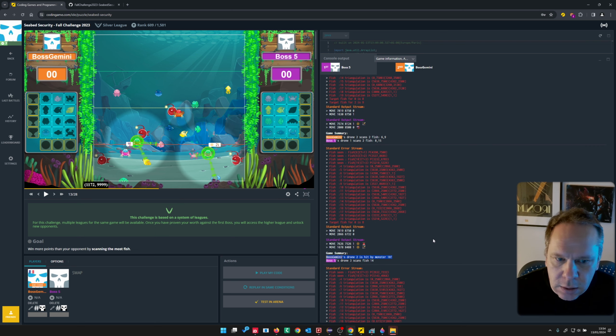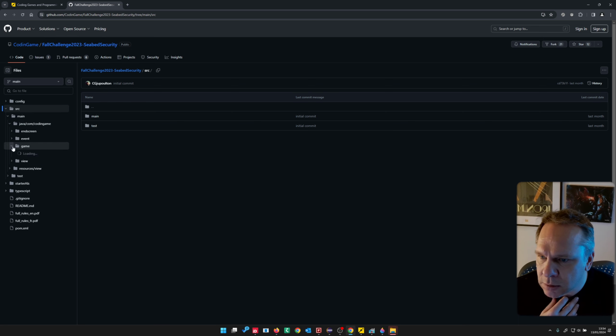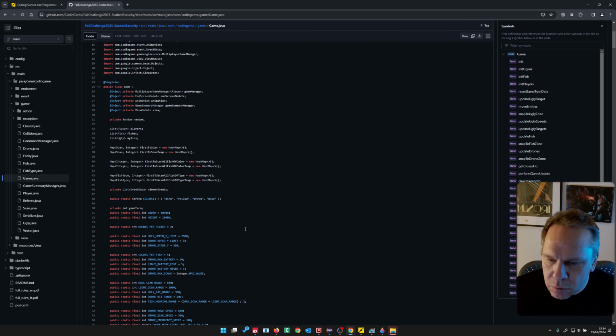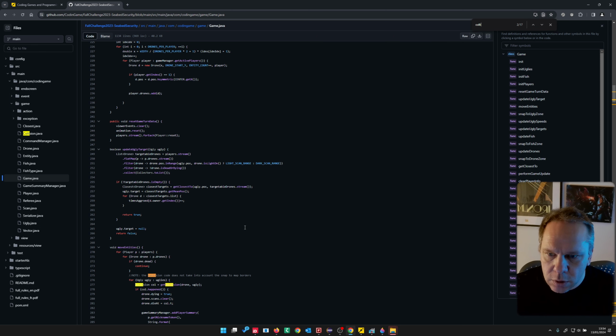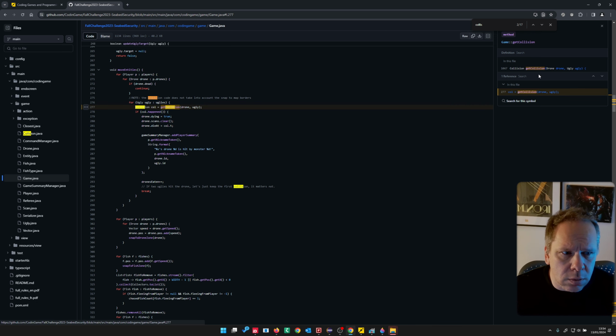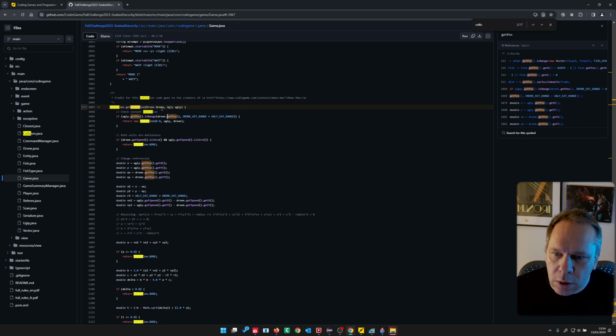So let's see if we can first detect it, then react to it. For detection, I get the Codingame referee code, and I will have to find where the code for the collision is. Something here maybe. Collision, get collision. Okay, here's the method. So we have a drone. Okay, we name our drone the same thing. We have an ugly, which is a fish,